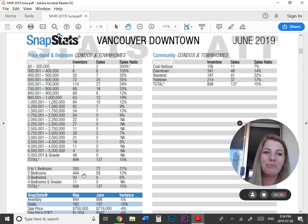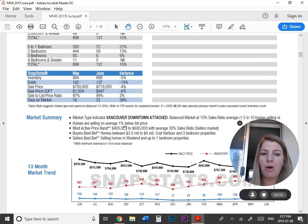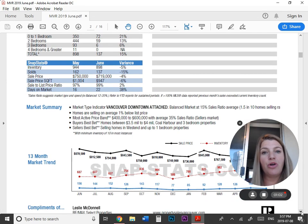When we look at the prices that are selling, pretty much anything under 1.2, under $1 million, you're getting that activity. Anything under 700, you're getting a lot more activity. Anything over the 2.5 million mark, really slow market. When we look at the average price, it's about 1% below the list price. So a little bit of negotiating going on,